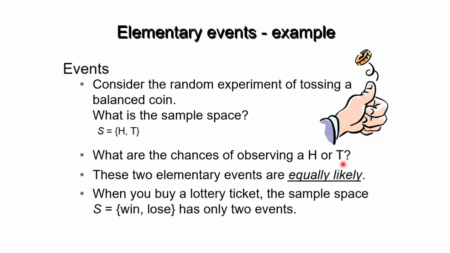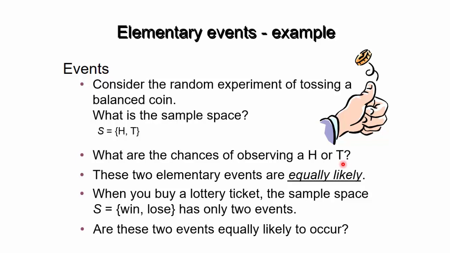Let's take another example. You buy a lottery ticket, and so what's the sample space for winning? So you could either win or you lose. So 2 elements. Now, are the outcomes of this sample space, the elements of the sample space, equally likely? Oh yeah, you got it right. It's similar to having only 2 outcomes here, like the head and the tail. You either win or you lose. So that's 50% chance you win, 50% chance that you lose.